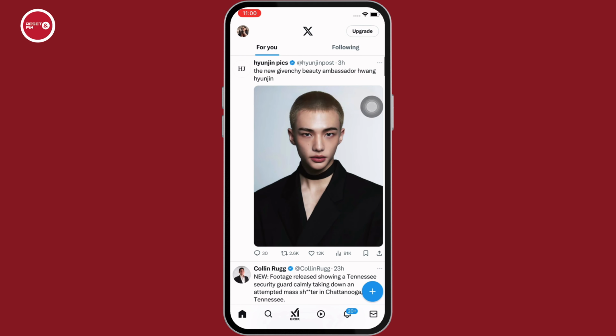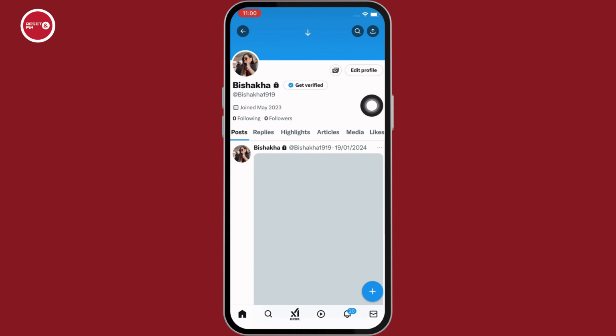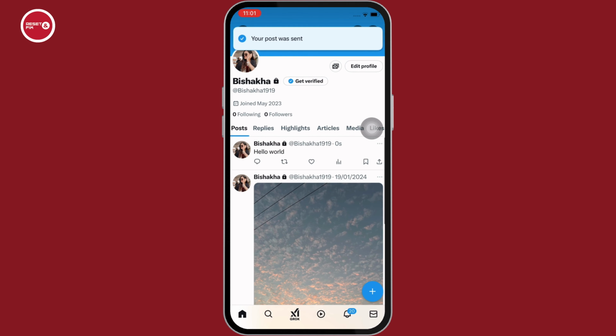Now, tap on your profile icon on the top left of your screen and further tap on the profile option you see there. Now, tap on the post whose interactions you are looking forward to, and further, go ahead and